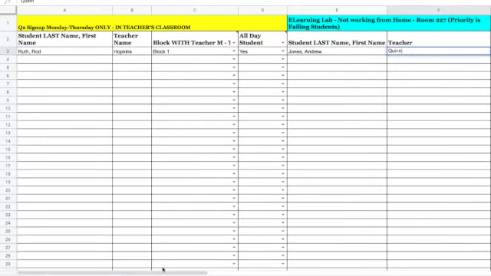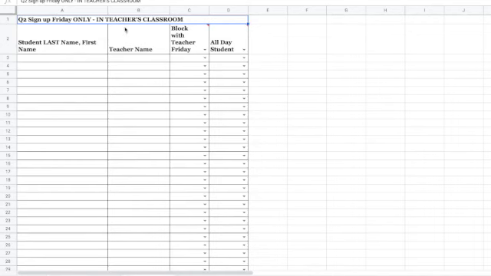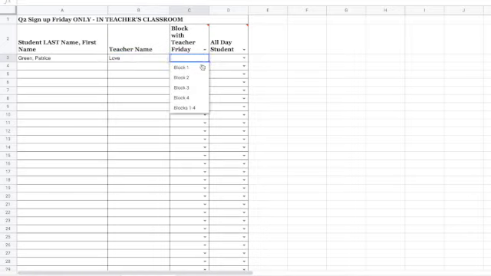There's a tab at the bottom here to add our Friday friends to come during Flex Day that may need to make up a test or may need extra help or some remediation. And so when we're going to sign folks up on Friday, it's the same mechanism as before. We just put it all in one convenient consolidated link here, and you can add their names for them to come in on Friday. Nothing different really here. Of course, we want to target those students perhaps with D's and F's, those that aren't completing their work, to come in and make up that work on Friday, but otherwise very similar to Flex Friday you've seen so far.